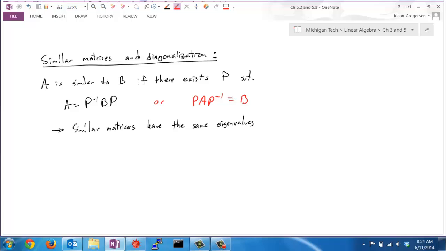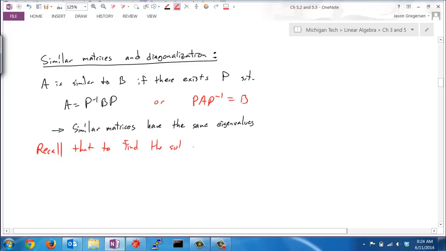All right, so instead of just giving us a bunch of random stuff here, let's think about why similar matrices could be a useful thing. We've talked about an idea like this before. Recall that to find the solutions to linear systems,